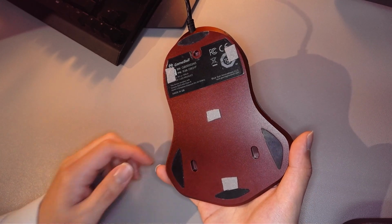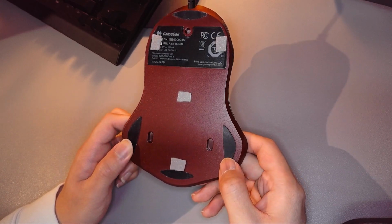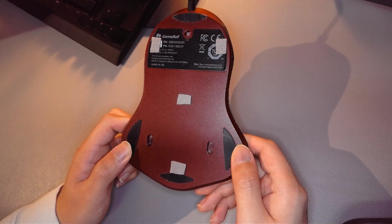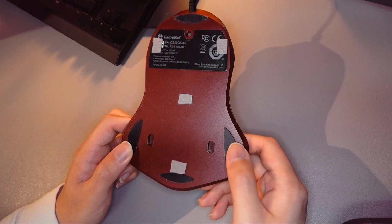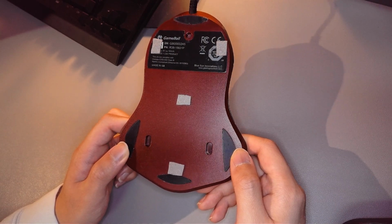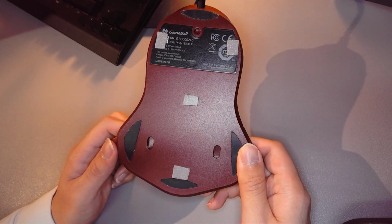Now, the reason for this is actually quite simple. In my personal opinion, I feel that the rubber pads that the Gameball comes with by default are inadequate. They do not do their purpose, which is preventing the Gameball from sliding around all over the place. Now, they work perfectly fine when you are doing daily work, such as browsing the internet or watching YouTube. But when it comes to playing video games, I find that the Gameball has a tendency to slide around